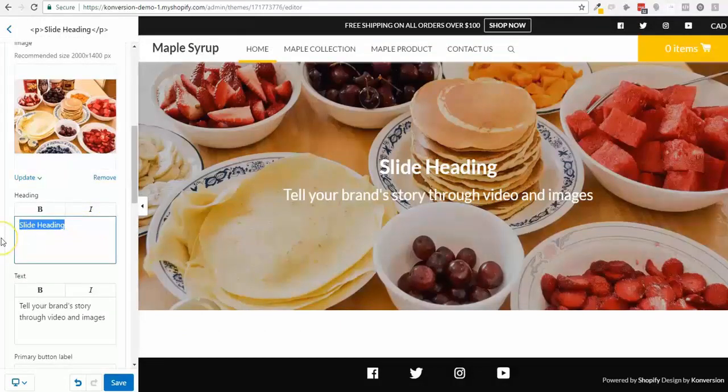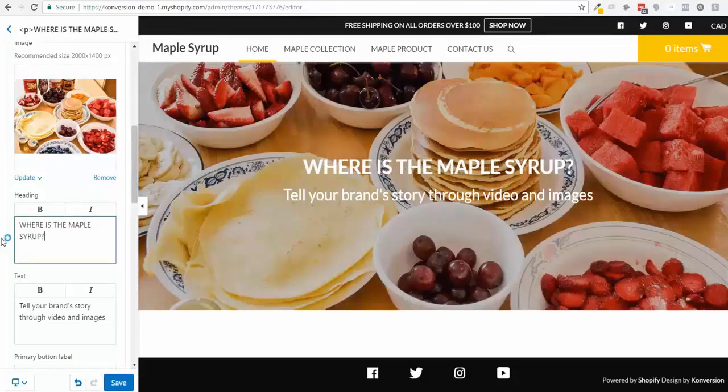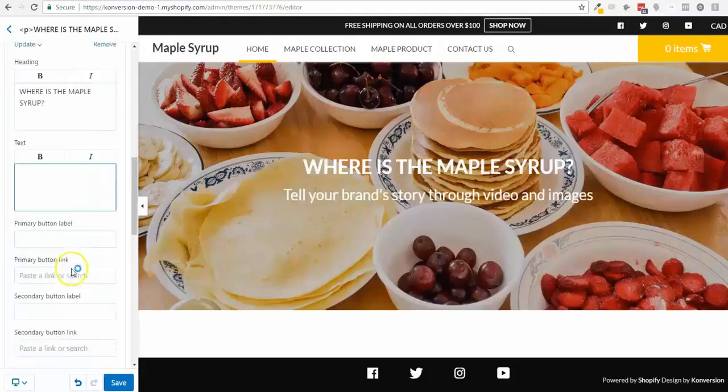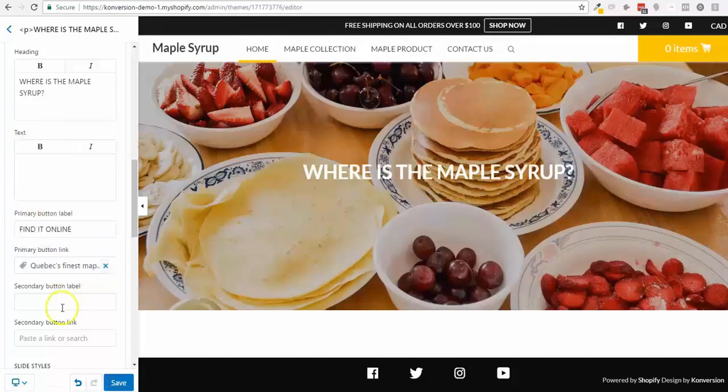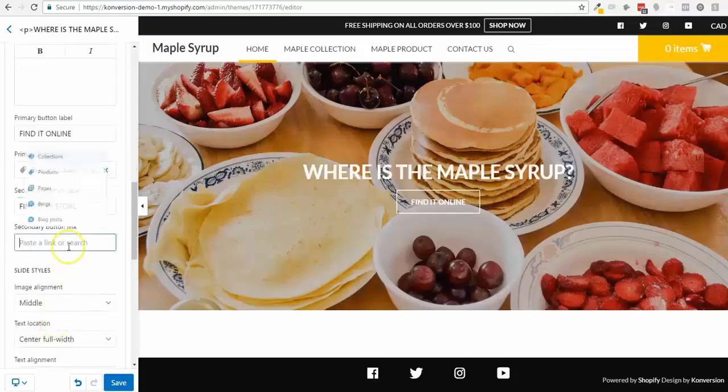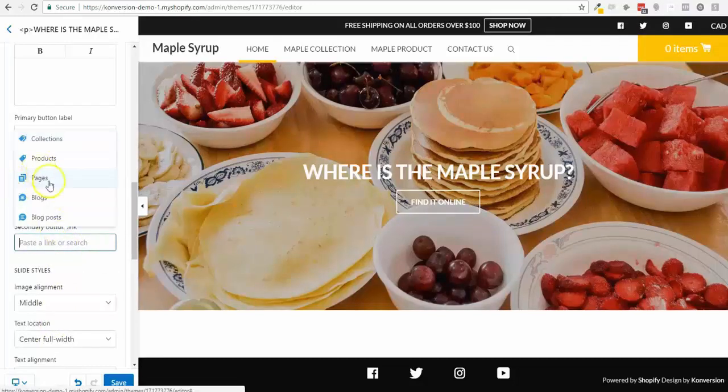I'm gonna right here, where is the maple syrup? I'm not sure if you know where it is. It is. I'm gonna delete this because I don't need it. I'm gonna put a find it online button, and this will lead to a product page. Let's say this product, and find it in store. This will lead to a store page, but I'm too lazy to create one, so let's put the contact page